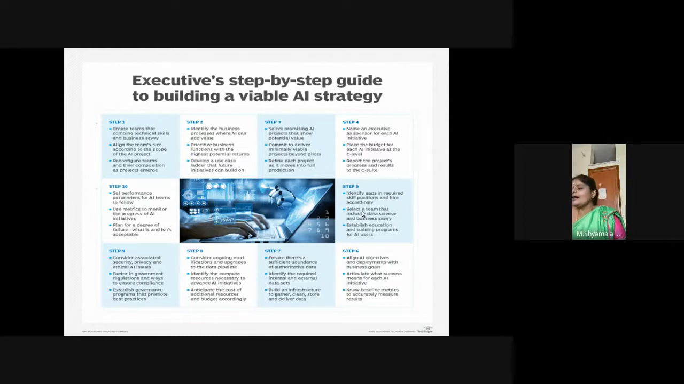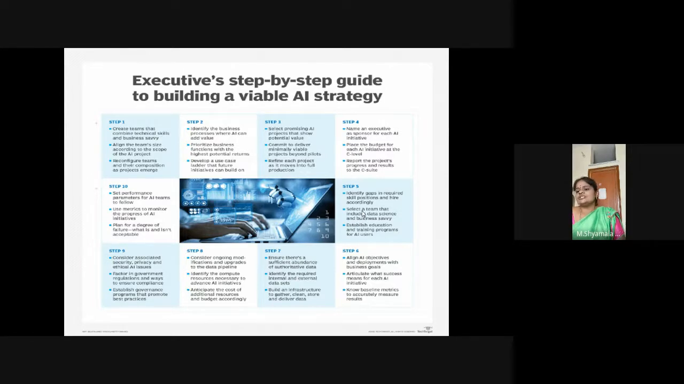In the sixth step, align AI objectives and deployment with the business goals. So based on our business goals, we have to structure our AI objectives and deployments. Next one is to ensure there's a sufficient abundance of authoritative data. Identify the required internal and external data sets. In step 8, consider ongoing modification and upgrades to the data pipelines and identify the compute resources necessary to